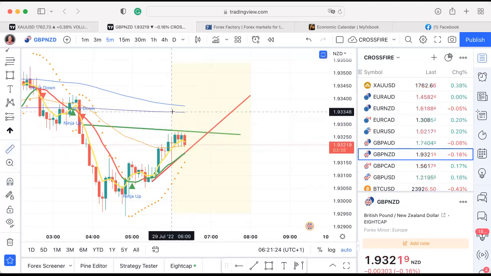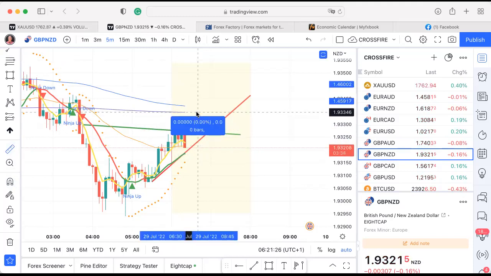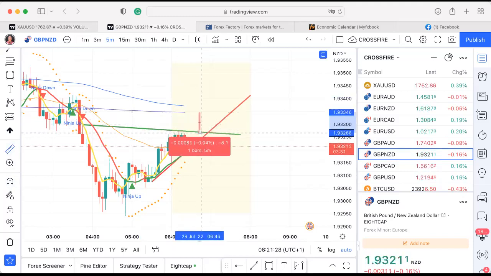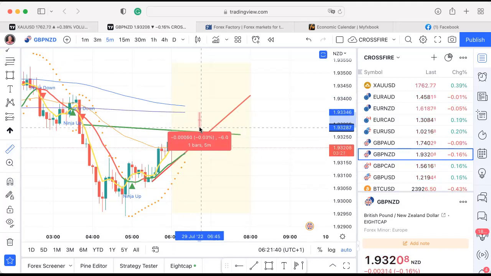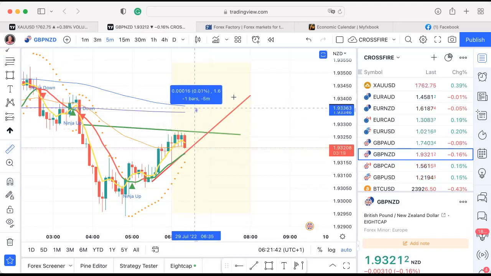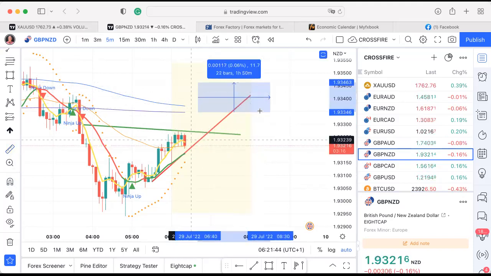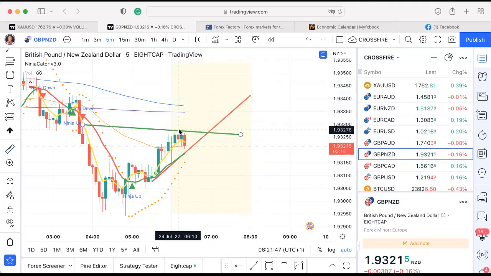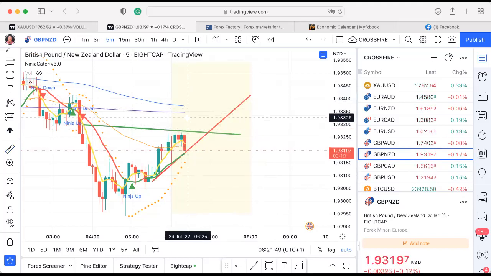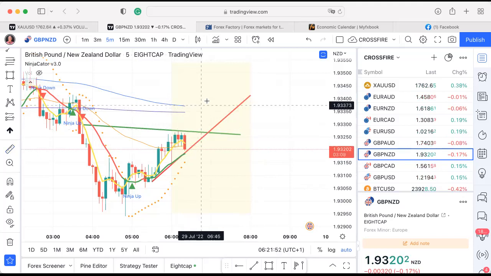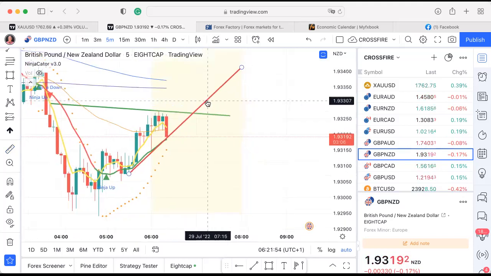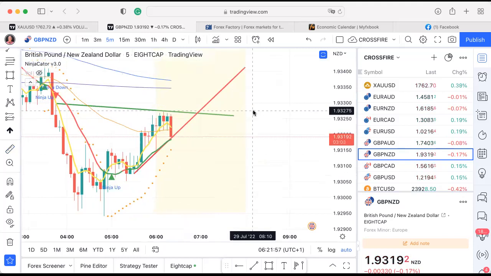If you just take the measuring tool and measure down from that moving average to the green line, which is the earliest you'll be able to get in, you would only be looking at 6 pips. And by the time you take your broker spread off that, you're looking at maybe 4 pips, and therefore I'm going to discount that move. As I say, some people might go for 5 pips and be happy with that. I'm looking for a 10 pip move, and I've got 4 opportunities to get that. So this one isn't my favorite at the minute.